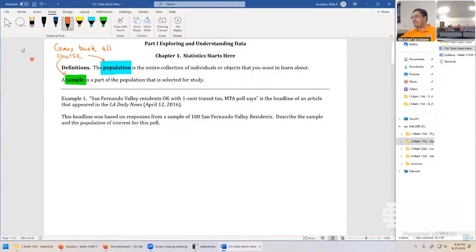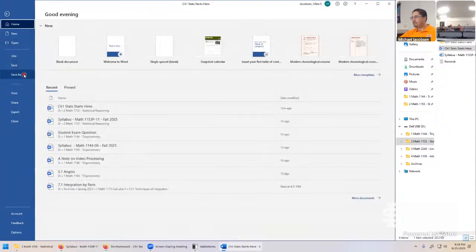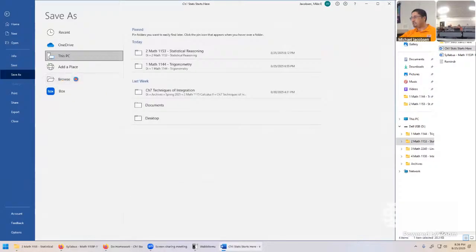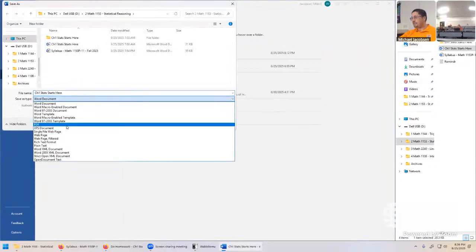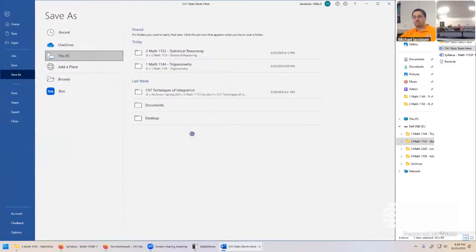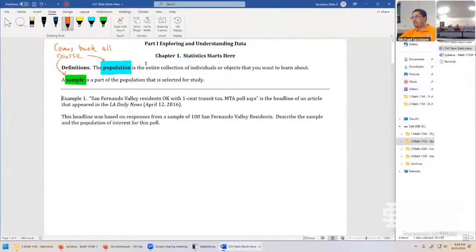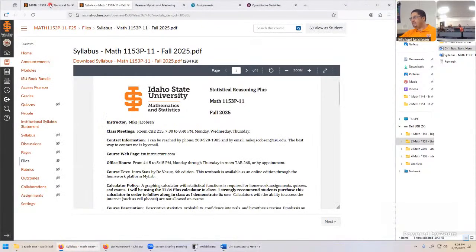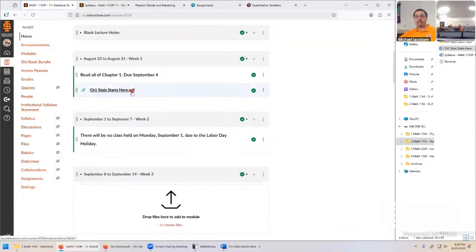Let me show you what I do at the end of every class. I go File, Save. Don't click on the box thing. And convert it back to a PDF just because it's the most compatible format. Then it comes up here and I overwrite this file right here. So that way, when you're coming back in class on Wednesday, you can click on that and see everything we've done today.